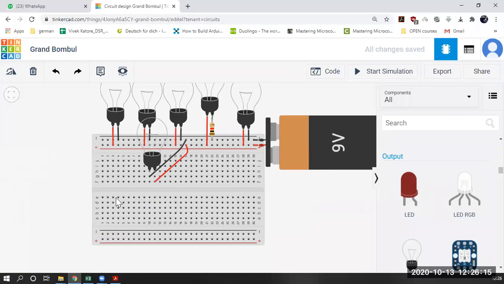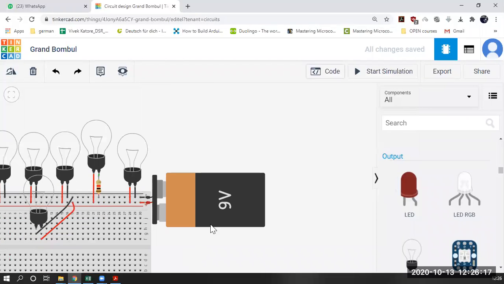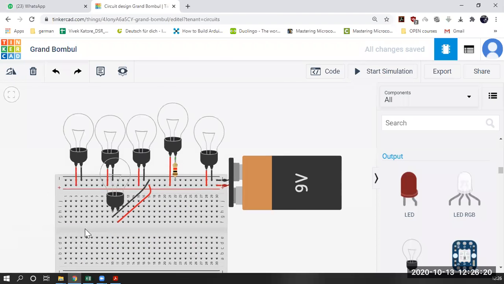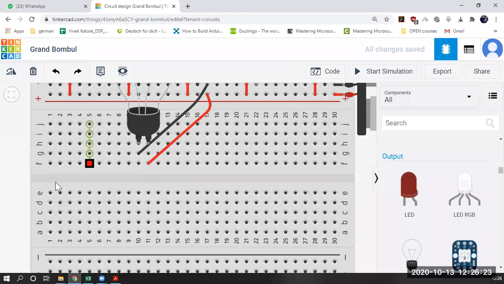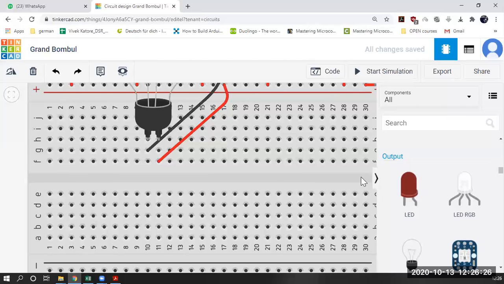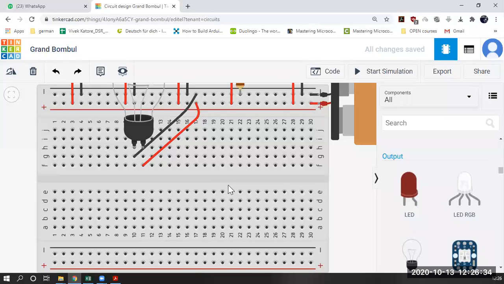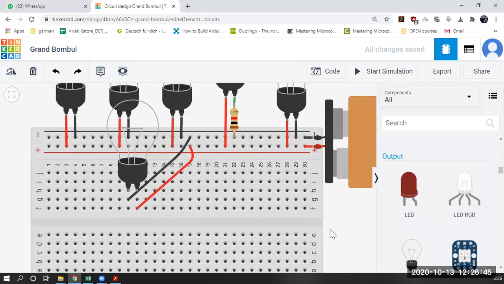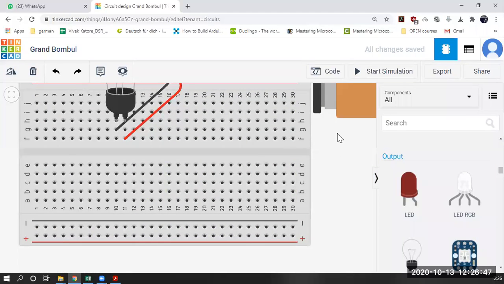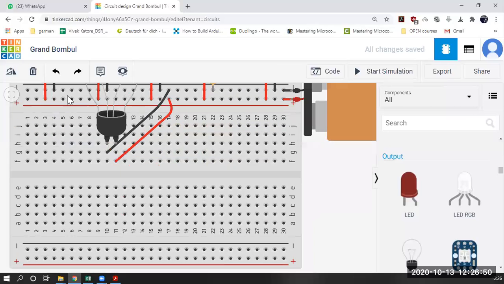So this is it about the breadboard. And this line you can see is the insulating line. That means it has nothing to do with the connection. It is just plastic. And then this line is independent of these other lines. So these lines are also independent. So you can do the same kind of thing which we have done here on this side. The same circuit we have made, you can make on this side.